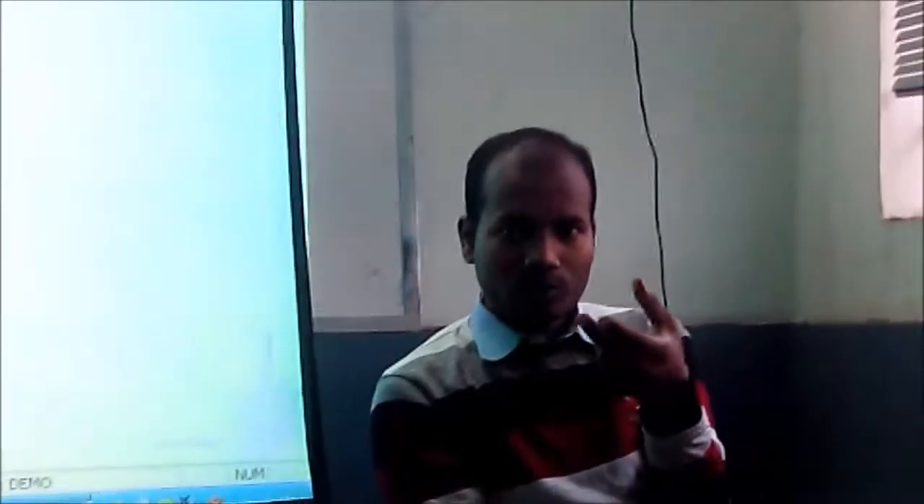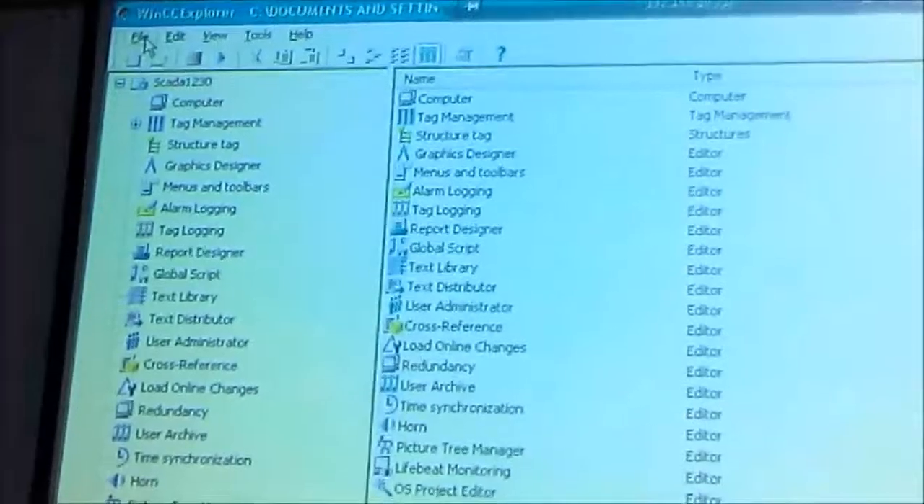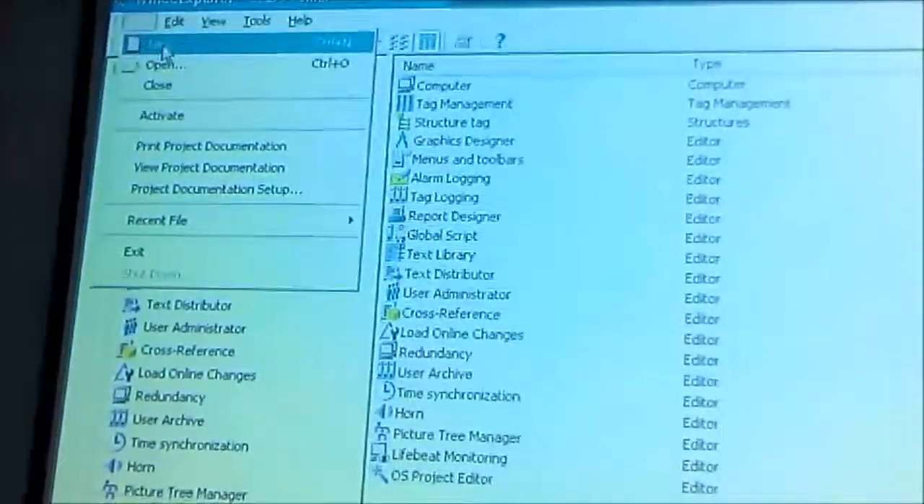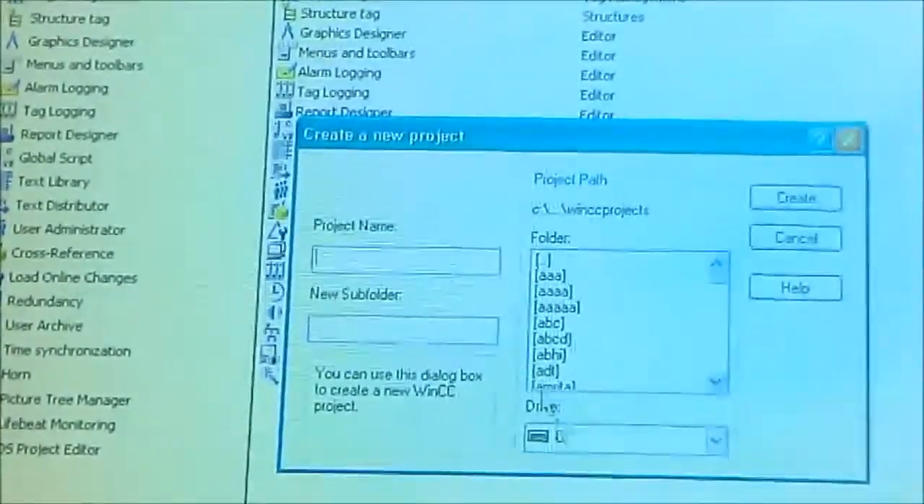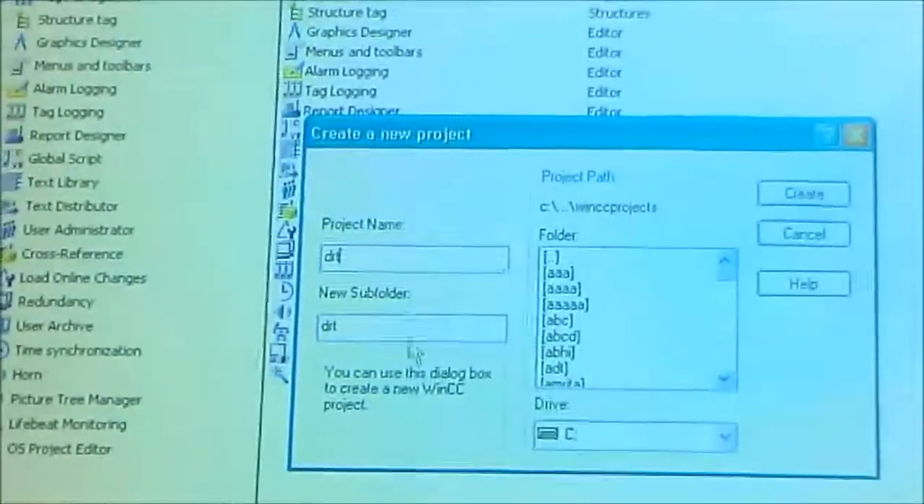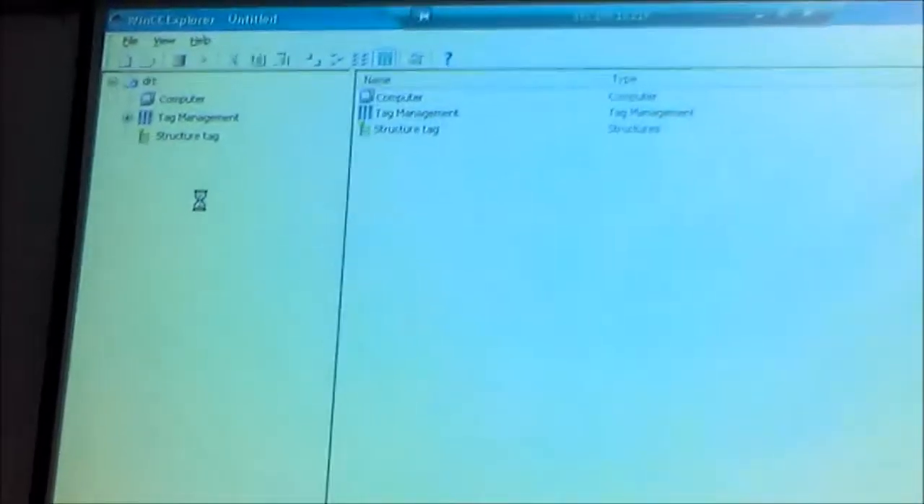And after creating the graphics, we need to use that tag which we had already created, right? So I am going through these steps, starting by going to File, and here is the file. I'm clicking New and Single User Project. Click on OK and give any desired name. And again click on Create. It will take some time to populate the list, and the moment the list appears, then we'll go through